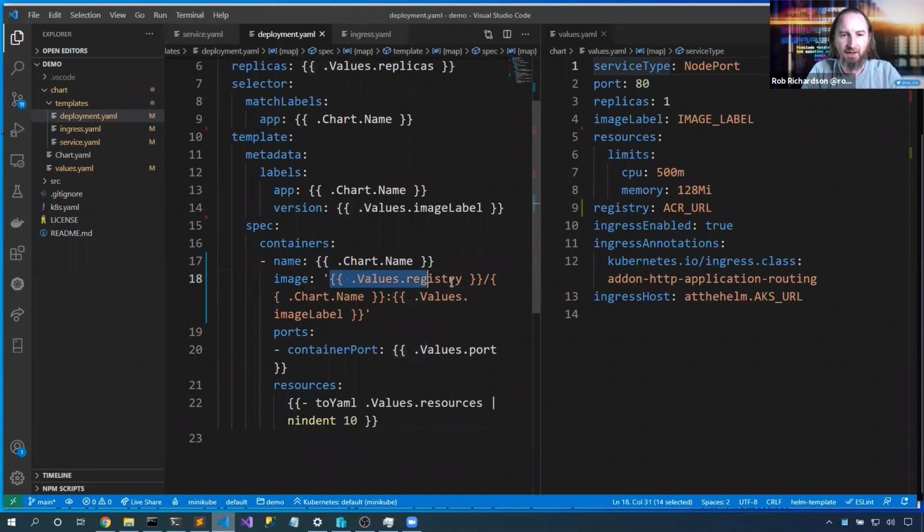If I have a registry, then I probably want to dump this out. But if I don't have a registry, if I set it to blank, then my image will start with a leading slash. I don't want to do that. I want to say, if I've got a registry, add the slash, and if not, just start with the chart name. So let's come in here and let's say,